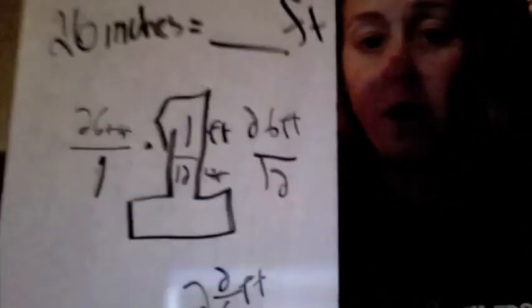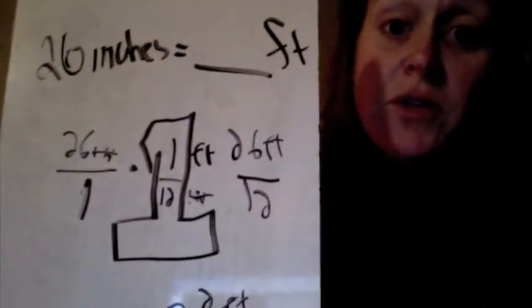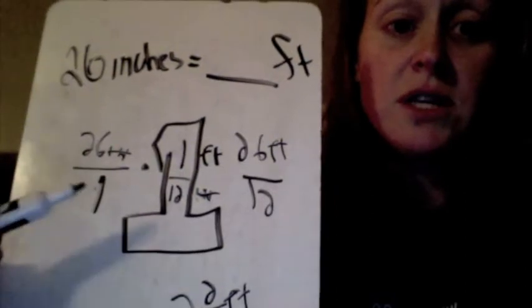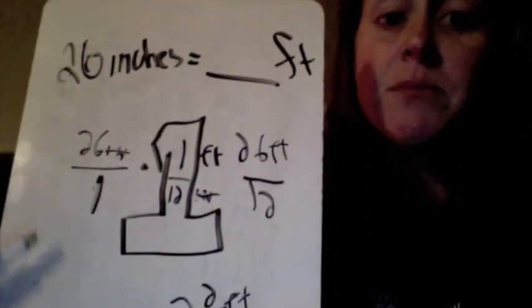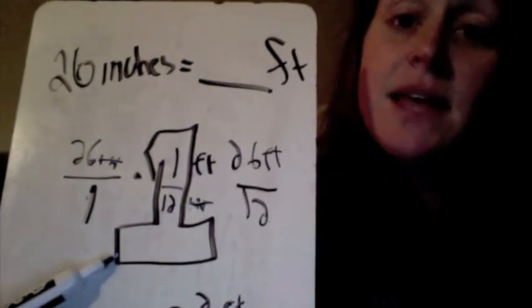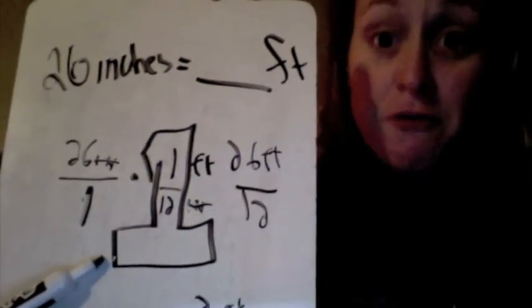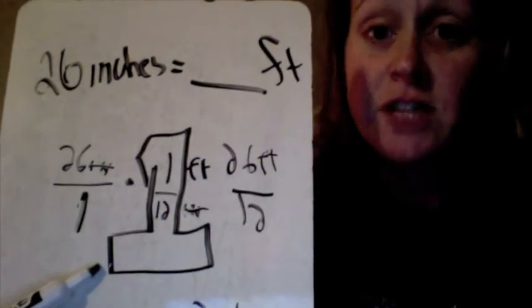So let's go back and review how we use our magic 1. The first thing we do is write the units that we have, and as you noticed, it gets written over 1 with the original units. Then I simply list my magic 1. Inside the magic 1 is where my conversion factor is. Conversion factors that you need to know: